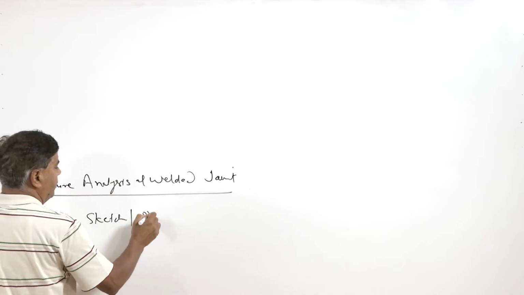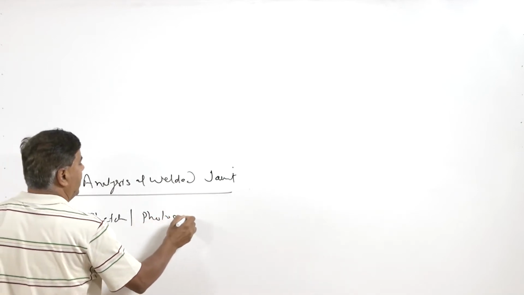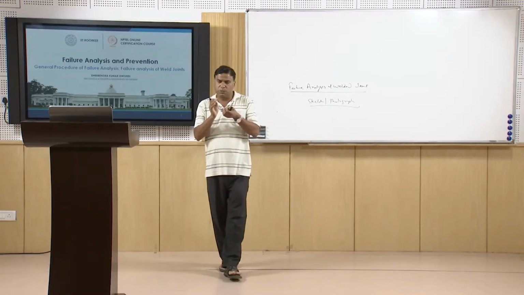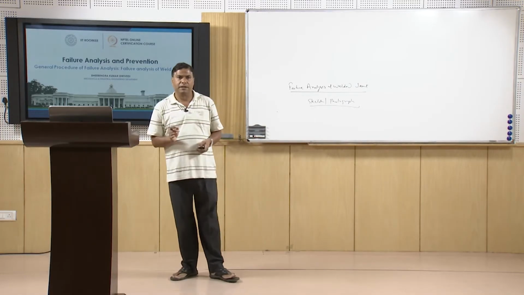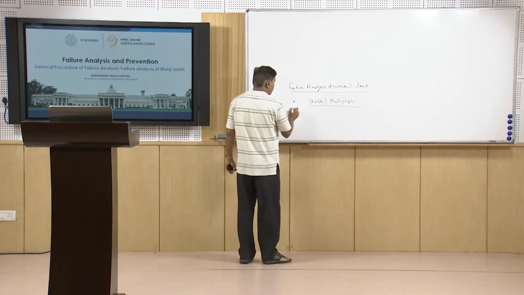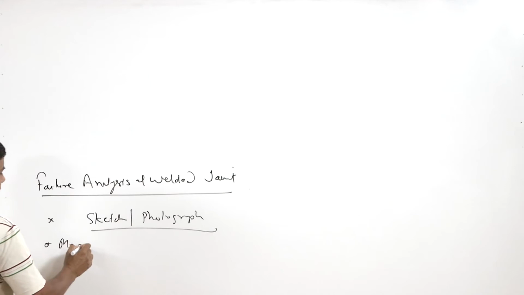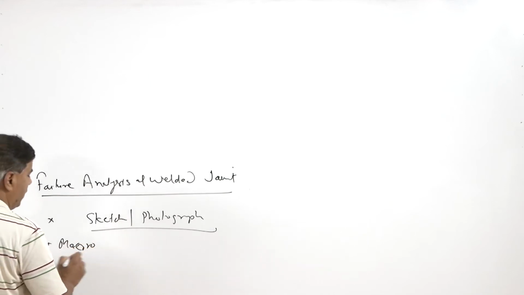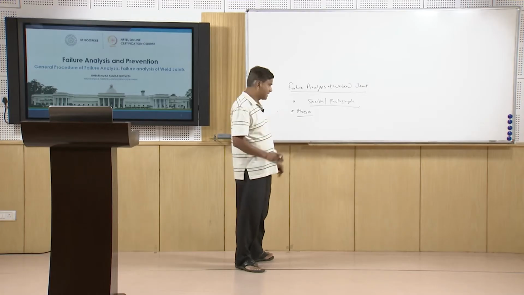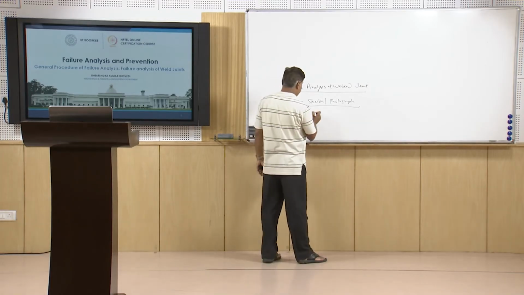We can take photographs to support the evidence regarding the location from where the failure has taken place, where the weld joint was located. Then macro examination is the next aspect. Macro examination basically helps us to see what was the broader mechanism by which the failure of the weld joint has taken place, whether